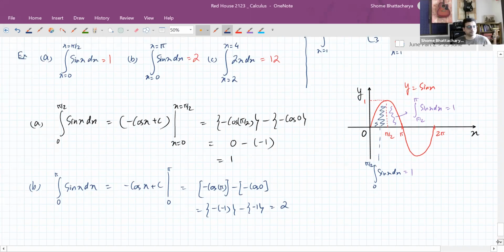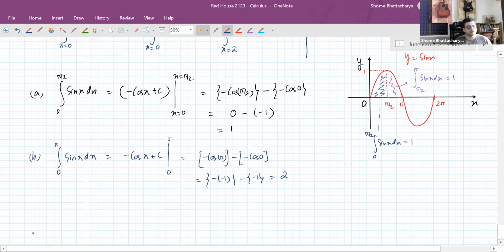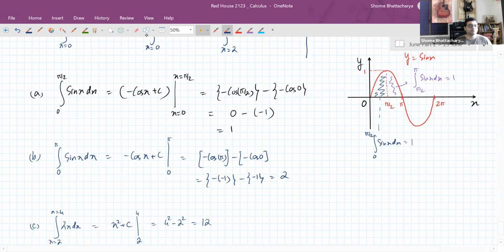Okay, and let's come to the third one finally. So 2 to 4. The indefinite integration is x square plus c. So the upper limit will become 16, the lower limit will become 4. Difference is 12. Okay. Now this one also, for example, if you visualize the graph,